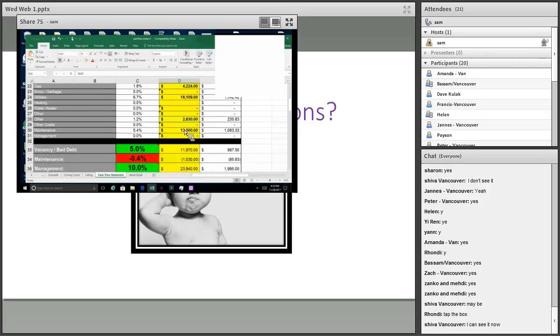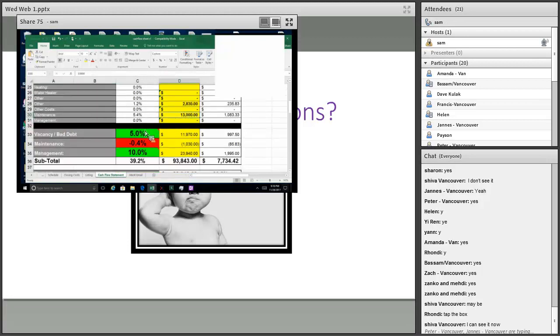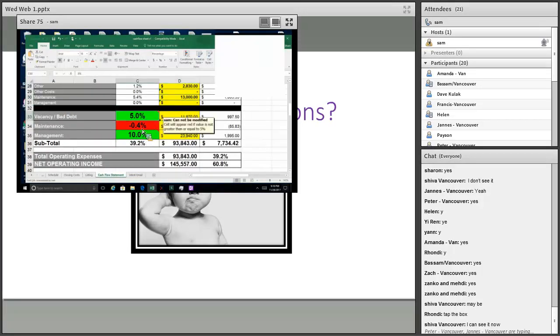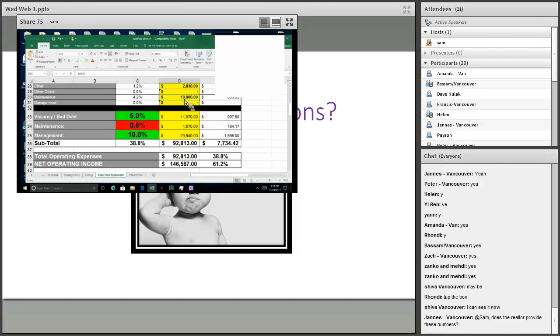It could be anything. You can put in the others. I created those so you can put anything that's not covered in here. Maintenance and management are here. You'll see vacancy, management, and maintenance are established at 5, 5, and 10. Just to give you an example, if I change this to 10,000, oops, that's 100,000. What this will do is it will give an additional 8% to make sure that it equals 5% of the total value. So let's make that 0. You see it's automatically 5%.